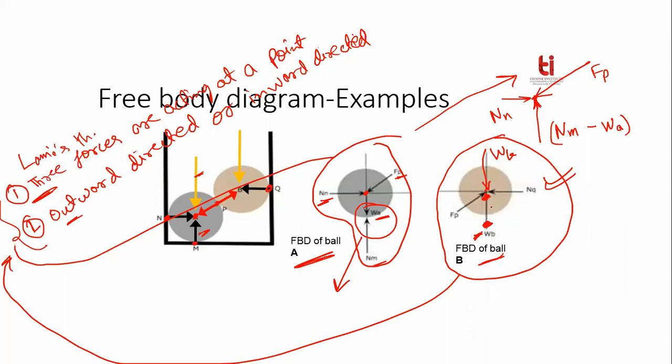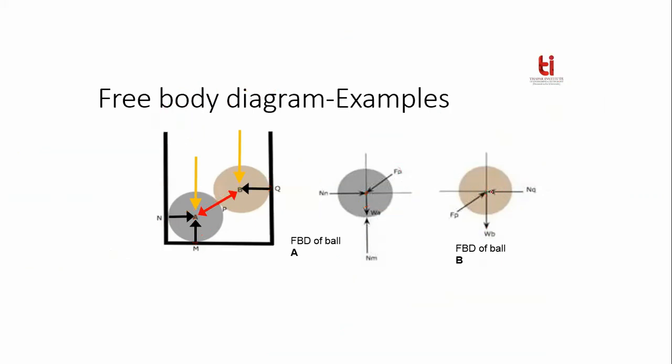Otherwise, what will happen if you consider this WB over here, then the angle corresponding to this WB will be this angle, and you will get a wrong answer. But if you rearrange this WB and put it here, then what will happen? You will get the angle corresponding to this WB as this angle. Okay, and both angles are different, isn't it?